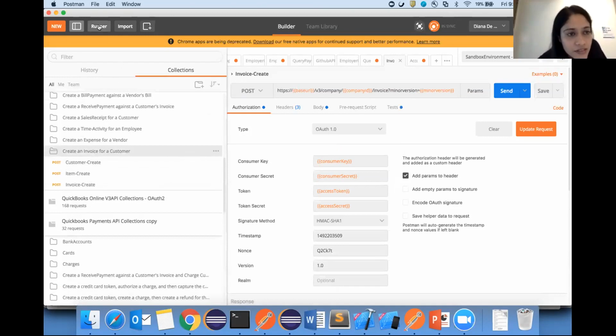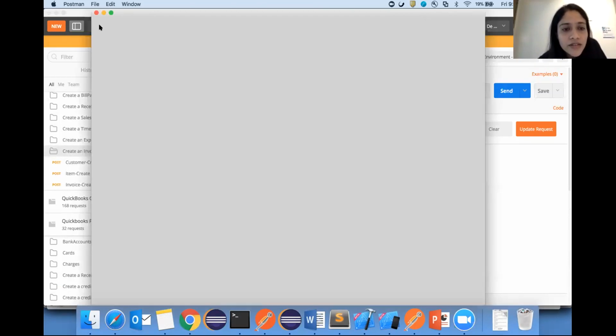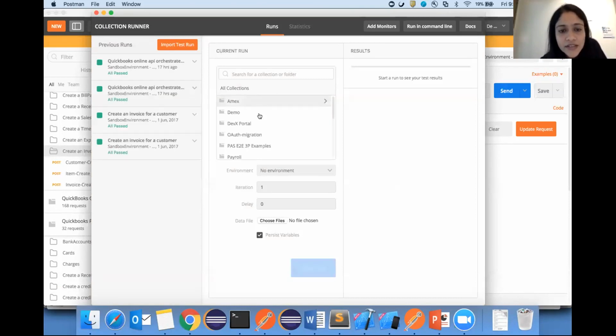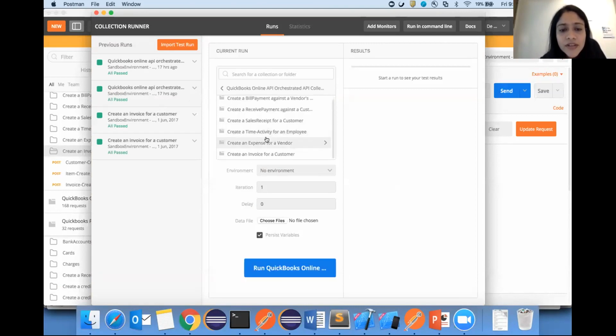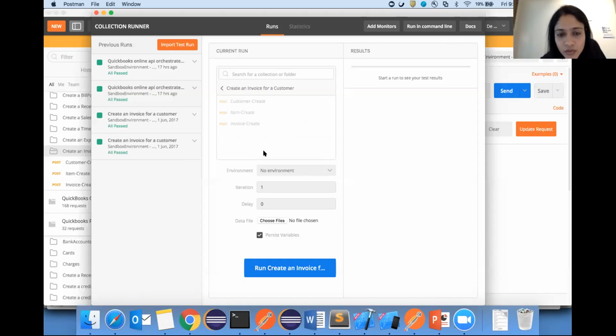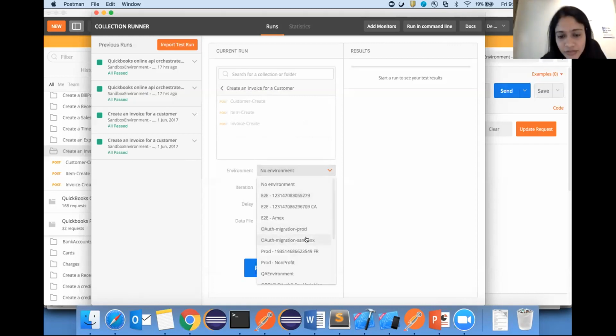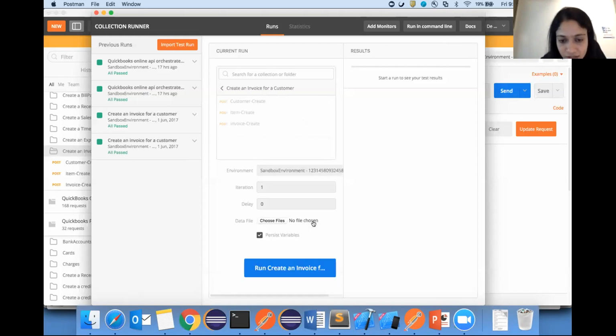Within Postman, there is this button called Runner, where you can run collections. When I click on this, it opens the Runner tab, and in here, it lists all of my collections. I'm going to choose the orchestrated collection here, and within that, I'll choose the create invoice use case. And then I'm going to select my environment here. I'm going to select my Sandbox. And once I do that, I can run